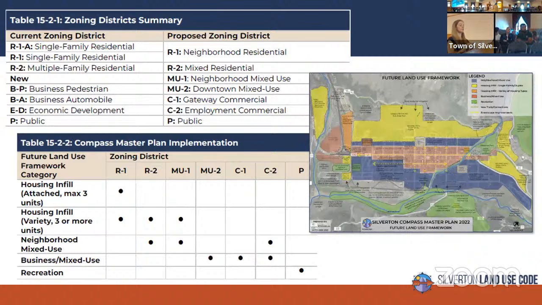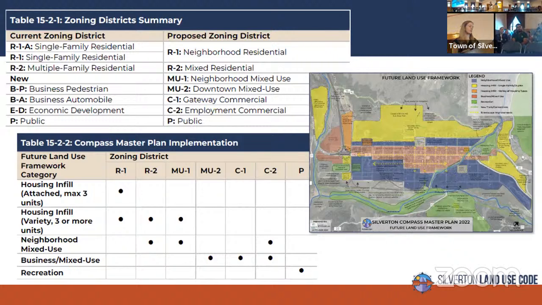So the full set of zoning districts includes neighborhood residential, mixed residential, neighborhood mixed use, downtown mixed use, gateway commercial, employment commercial, and public. And the land use code also includes a summary table that describes which of those zoning districts best implements the categories established by the future land use framework from the Compass Master Plan.